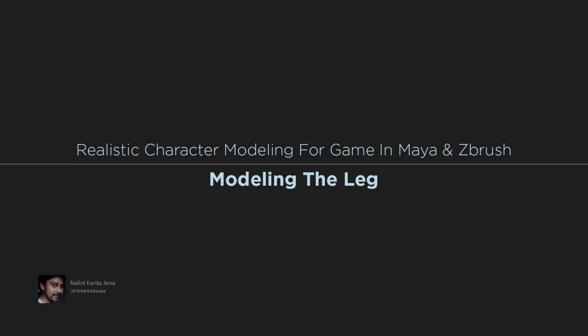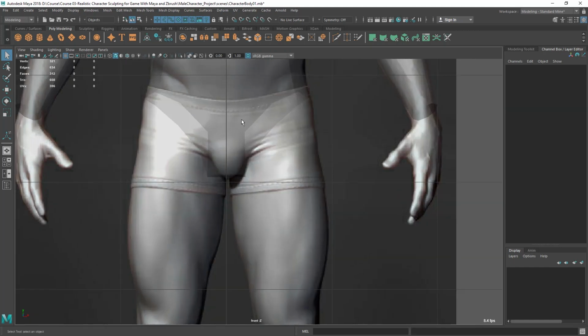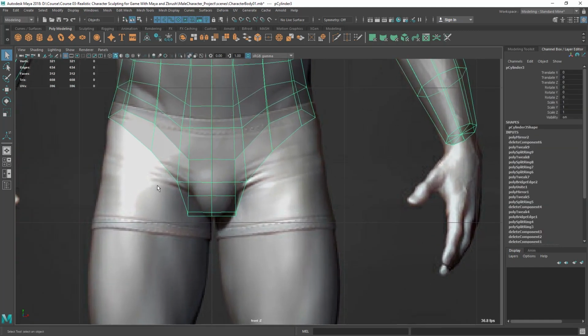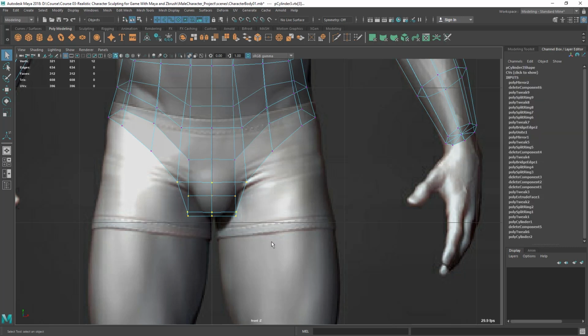Okay, welcome back guys. In this video we are going to do the leg blocking. So let's start from this base here. So let's go to front view. So I want to narrow this area a bit, so let's select this area and scale this area like this,